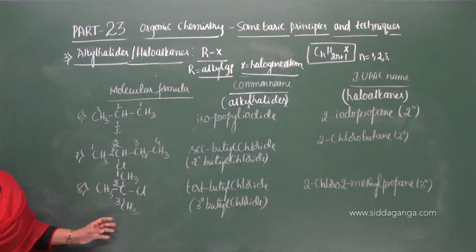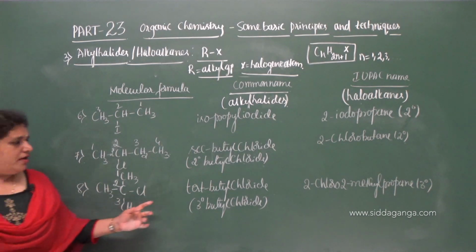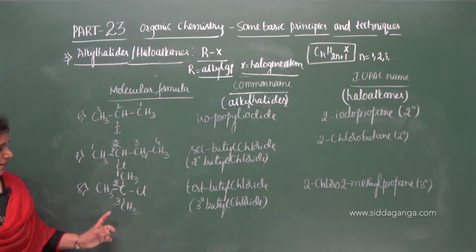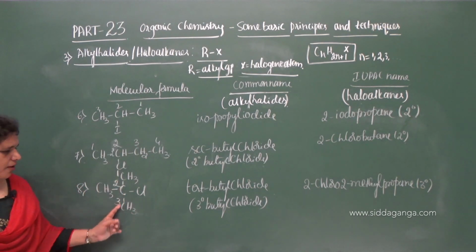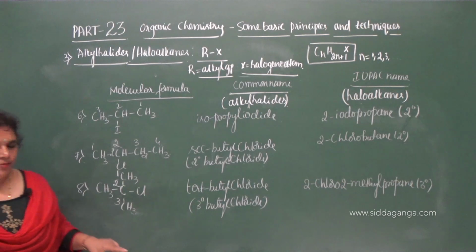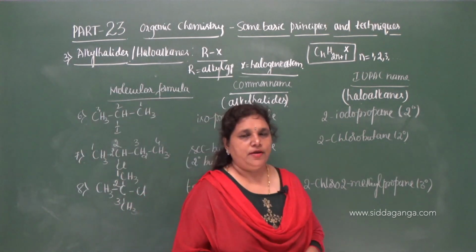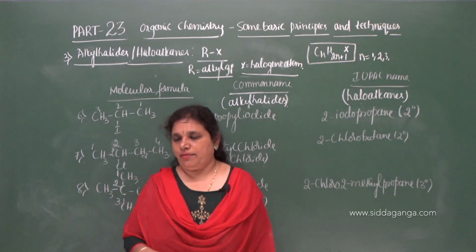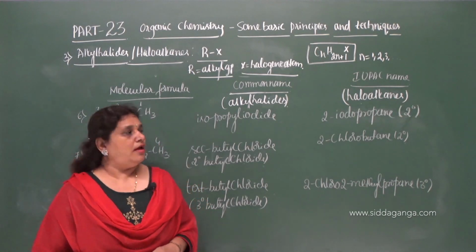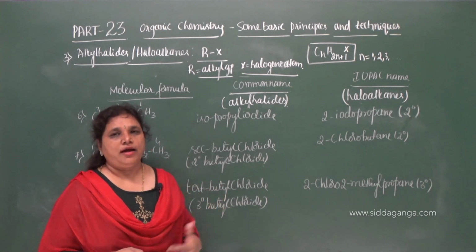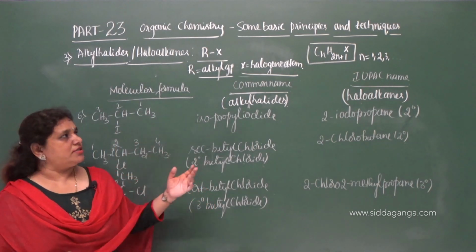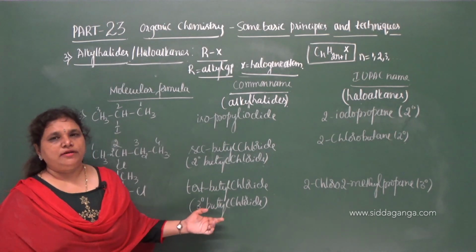So this is very important. Give the IUPAC name of tertiary butyl chloride. You have to write 2-chloro-2-methylpropane. 2-chloro-2-methylpropane is the IUPAC name. So try to identify whether the compound is primary or secondary. Okay. So this is about the common names and IUPAC names of a few members of the alkene series, alkyne series, and the alkyl halide or haloalkane series, or halogen derivatives of alkanes. So this is about the IUPAC name and the common name.